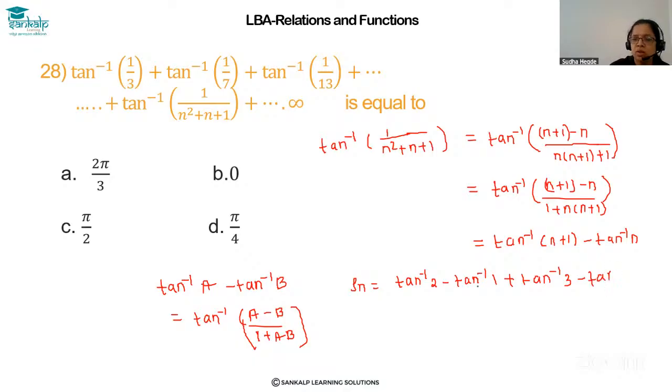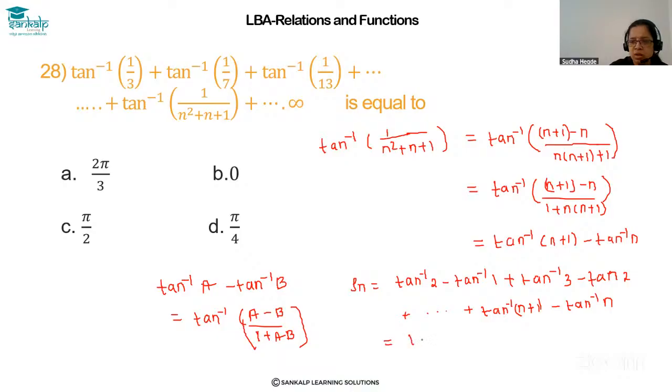Generalized form you got, you put particular values, you are going to get the simplest version of this, plus so on, plus tan inverse n plus 1 minus tan inverse n. See here, tan inverse 2 is there, tan inverse 2 is there. Similarly, this term will cancel. Finally, you are going to get only